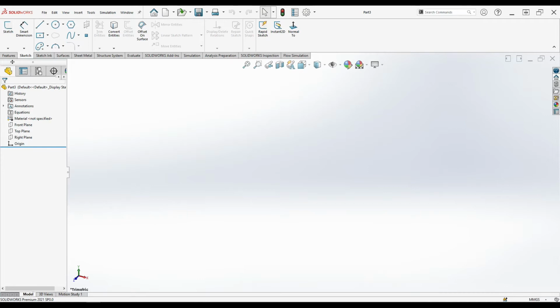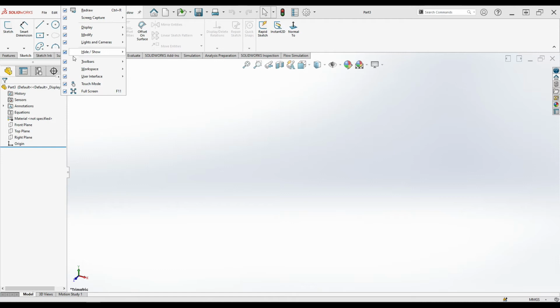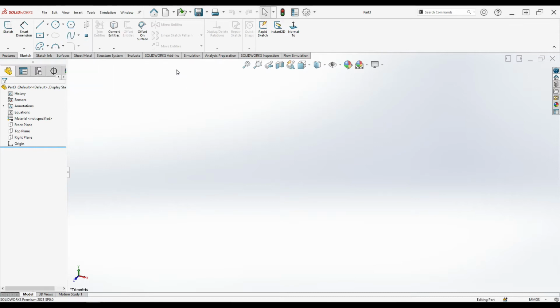Now here you can see these are very big. Just go to the right, and here you can see the view size also. This is the option like Customize Menu. Customize menus are there. Once you tick or untick, and toolbars are there. In the toolbars options, you can start and use these things.